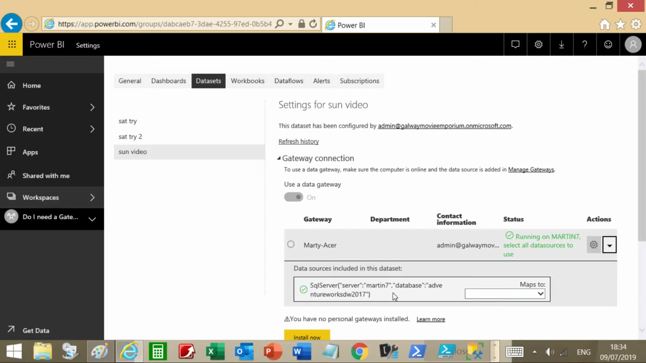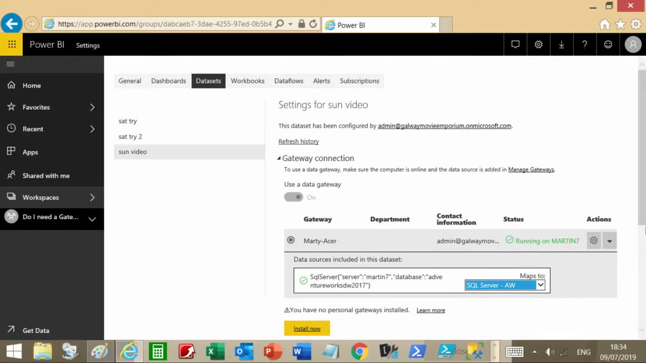SQL Server, yeah, Martin 7, AdventureWorks DW 2017, Maps 2. I just say SQL Server AW. I remember setting that up. Then